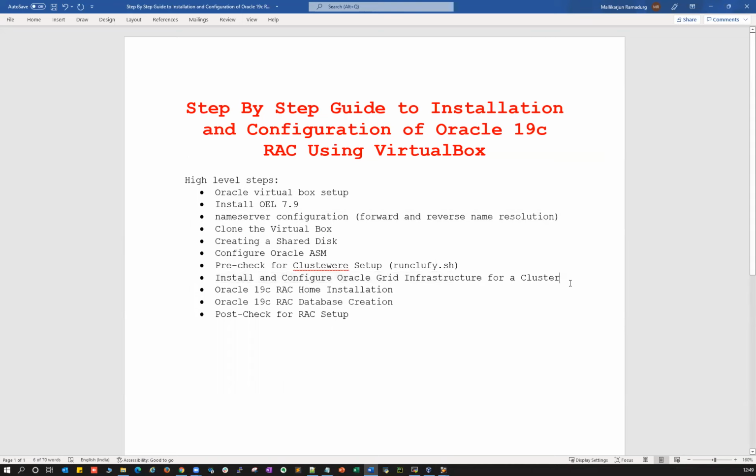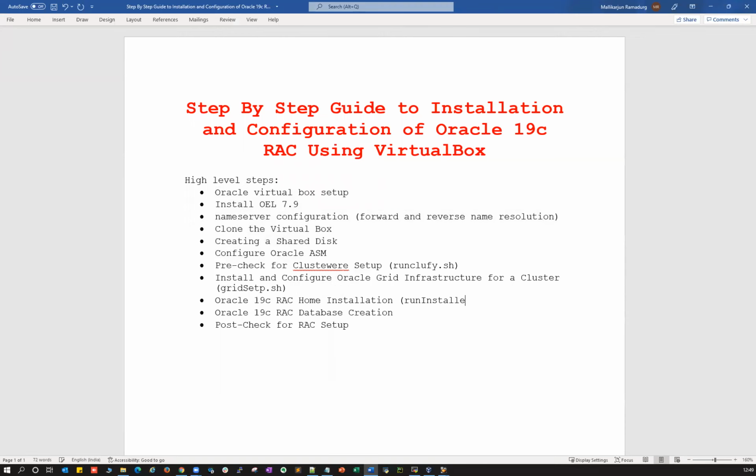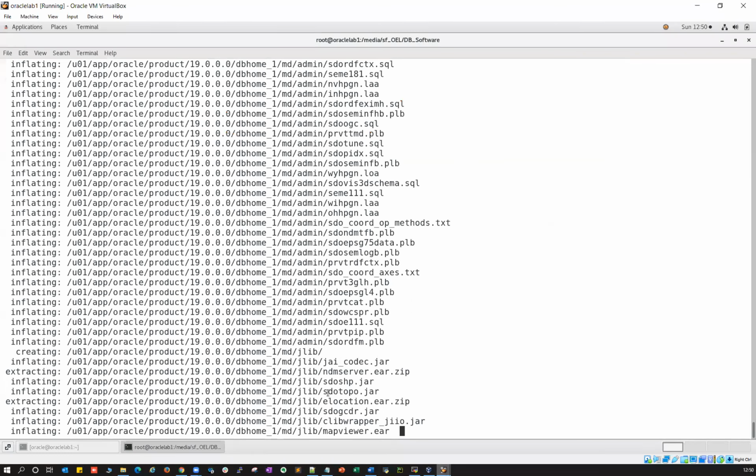Grid infrastructure for your cluster can be run using gridSetup.sh. Your RAC Oracle home installation can be done using runInstaller, and your database creation can be done using dbca. Right, so these are the utilities we use. Let's see, the unzip is still going on.